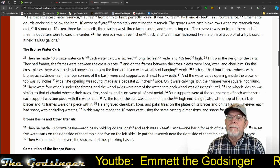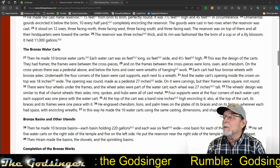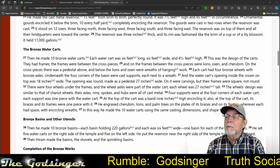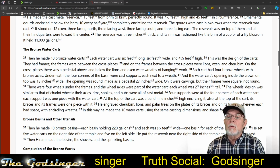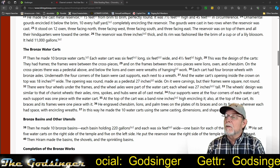You ready? They had frames between the cross pieces, and on the frames between the cross pieces were lions, oxen, and cherubim. On the cross pieces was a pedestal above, and below the lions and oxen were wreaths of hanging work. Each cart had 4 bronze wheels with bronze axles. Underneath the 4 corners of the basins were cast supports,